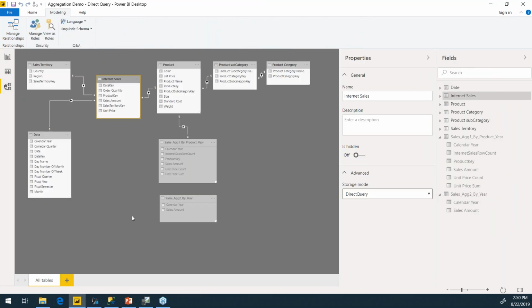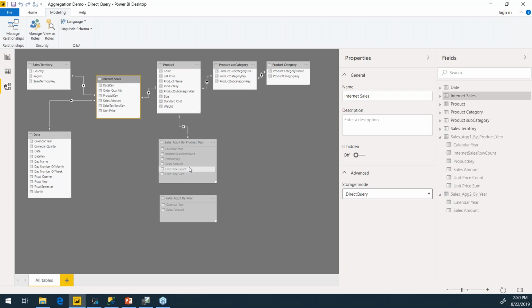Okay, the next one. There's a question about the aggregate tables and the fields. Do they need to have the same fields as the detail table? They don't have to have the same name.